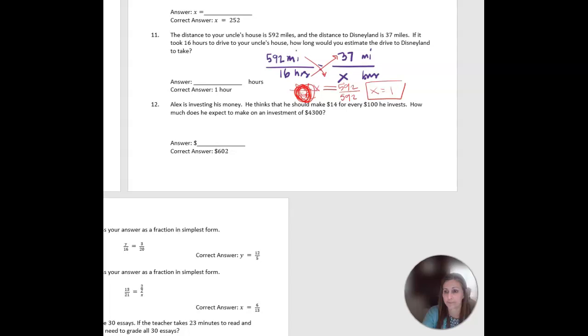Number 12, Alex is investing his money. He thinks he should make $14 for every 100 he invests. Okay, so Alex is thinking, these are the two categories we want to talk about. What will he make versus what will he invest? Now, again, when you set up a proportion, whatever you put on the top,